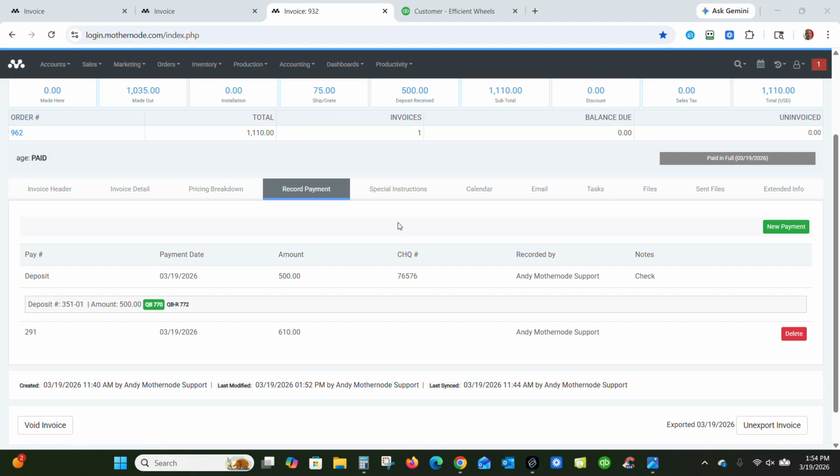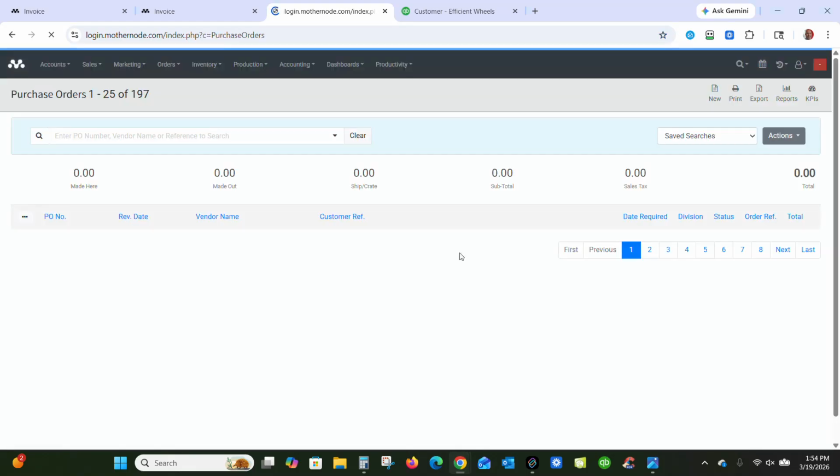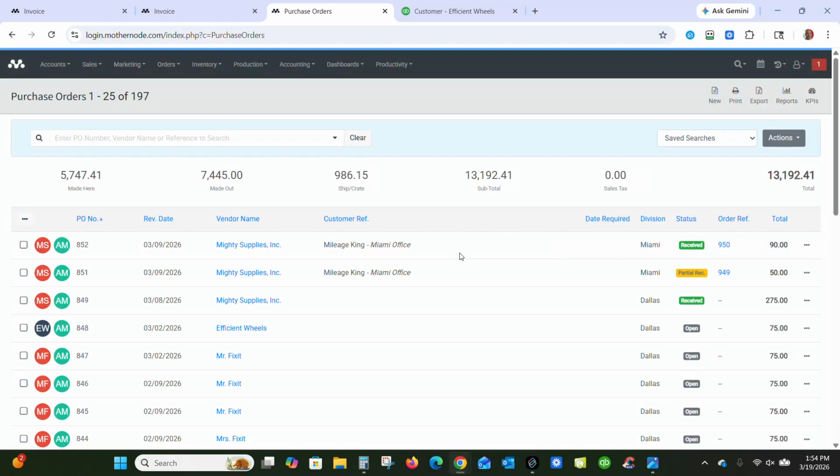So we've seen how to process payments or sync payments between Mothernode and QuickBooks, whether it's a deposit payment or a standard invoice payment, and then of course syncing the invoice itself. Another sync option that you do have in the integration is the ability to sync POs. I'll just note this very quickly in that the process will be